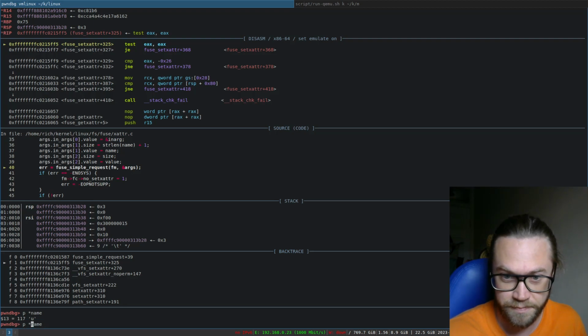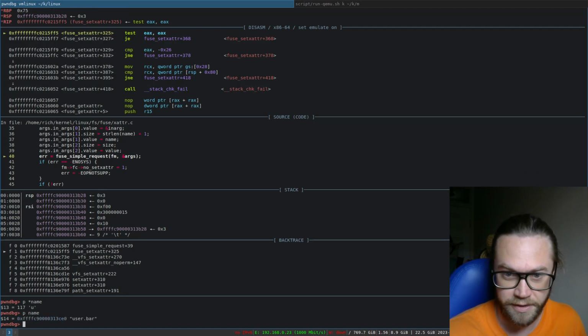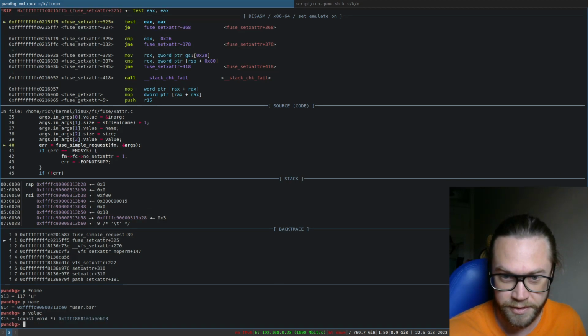Okay, yeah, so that prints it. The name is user.bar. We have to put user dot in front of it. That's the namespace for the extended attribute, and bar is the actual name. And then if we try printing the value, okay, it's void, but I